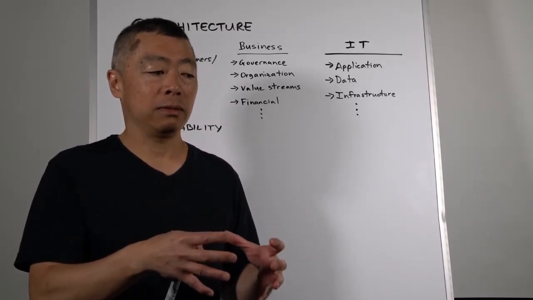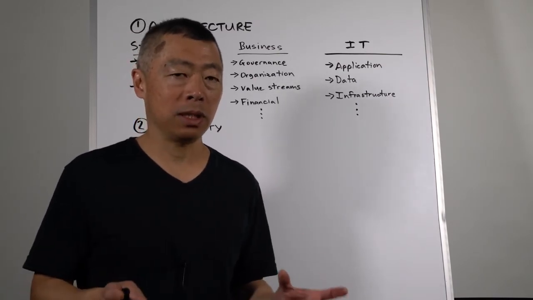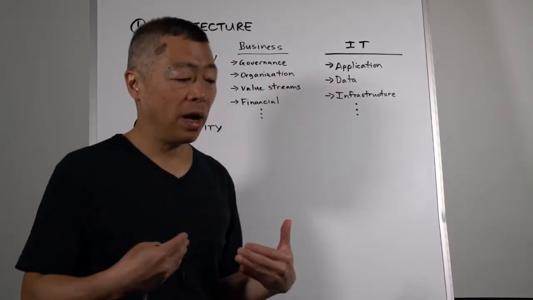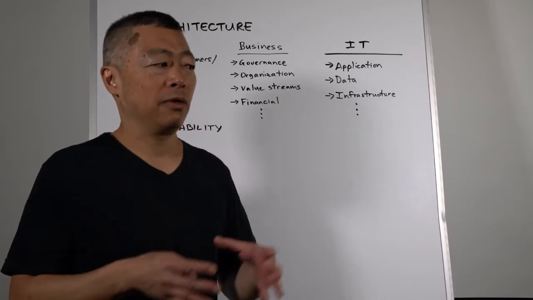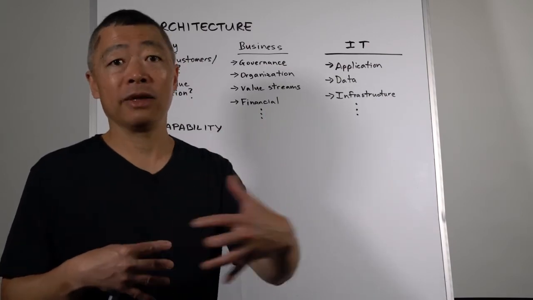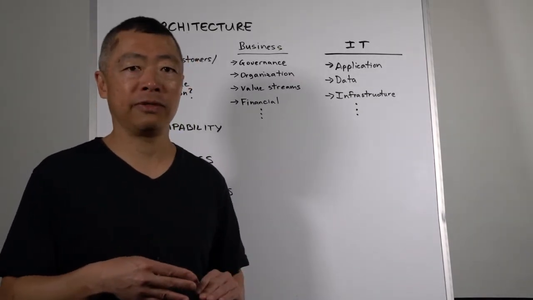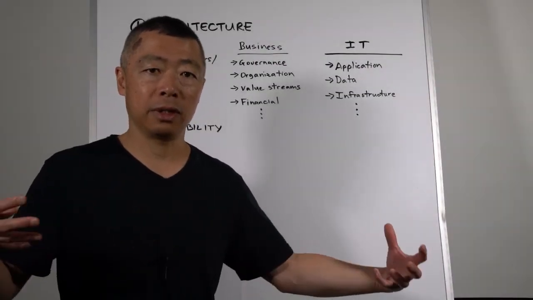Now, those aren't necessarily bad choices, but if they either explicitly or implicitly dominate the architecture, there are implications. For example, you might find that applications suddenly are non-standard from function to function, from division to division. That might be okay, but it might also lead to negative consequences, because it hurts the value stream operating across functions and across divisions, since you have different software standards. How data is structured might also be affected. Now you may have silos of data